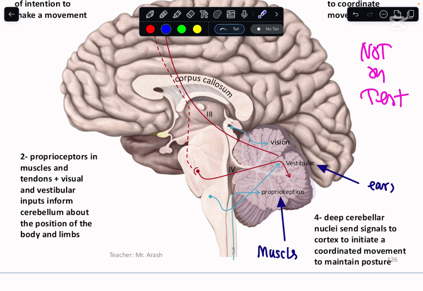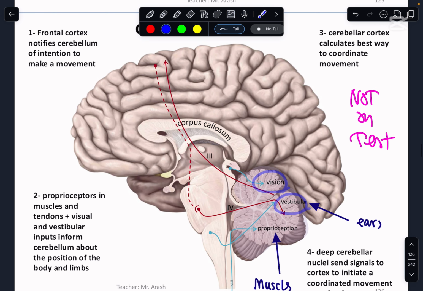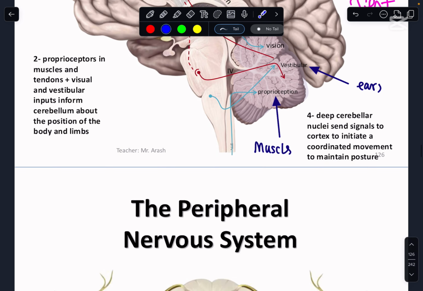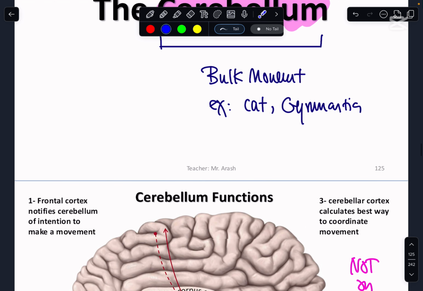Of course you use your muscles, which you can see the signals coming from the bottom part, from the spine. Of course, you use your eyes and your ears. And finally, ultimately, you have to use your frontal cortex to make a decision as to where you want to move your hand, where you want to move your leg, where you want to move your hips. So we can think about gymnasts, a cat, for example, falling on their legs, also ice skating